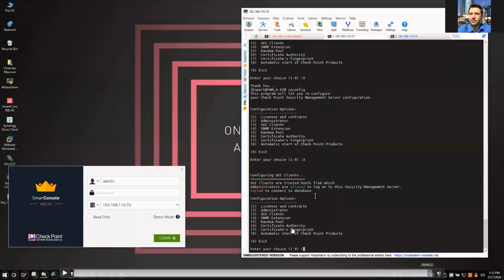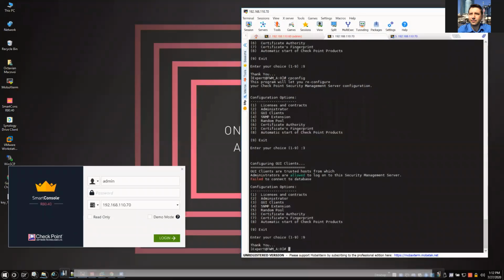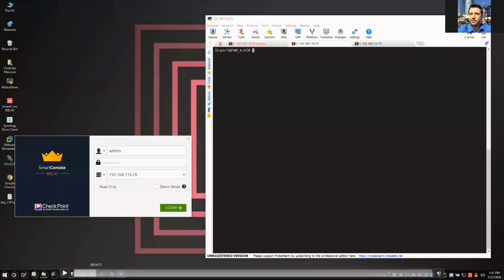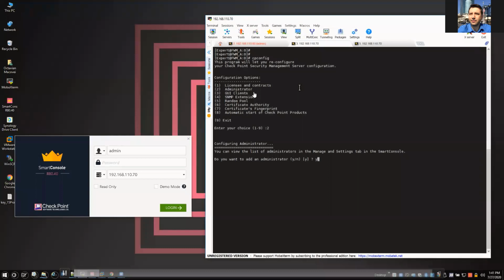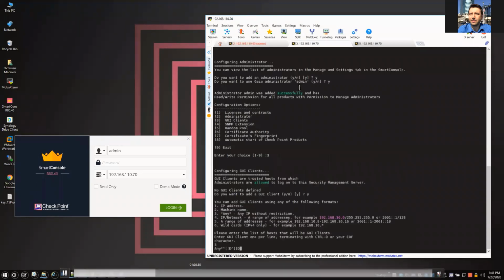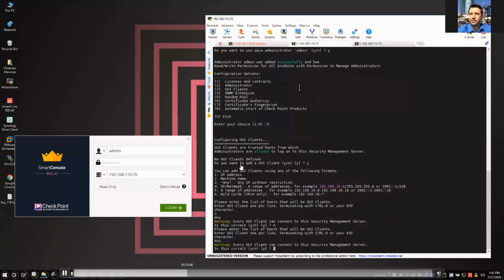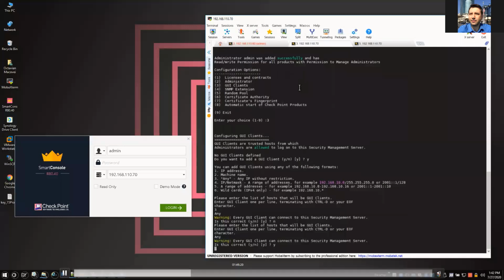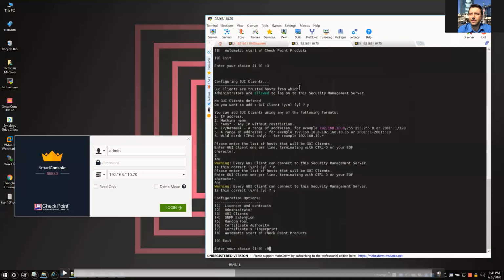It's on the next slide. When I was successful, because here again, the CPM process was not up. I had to wait a bit longer, and I just wanted to show you this right here. So I'm configuring an administrator. I'm adding it, and here I'm configuring the GUI clients. I'm adding any, and then